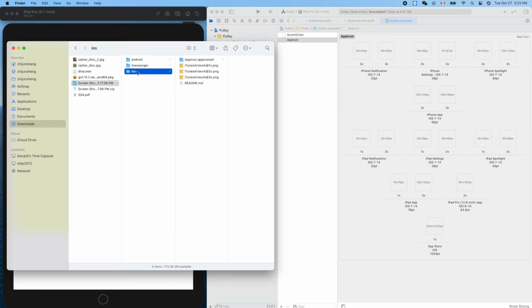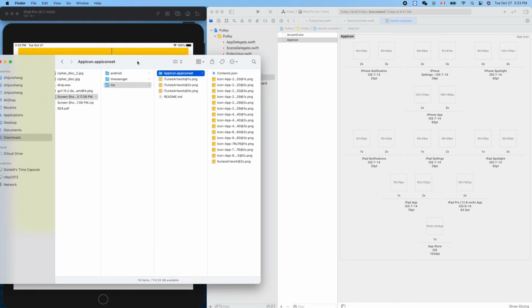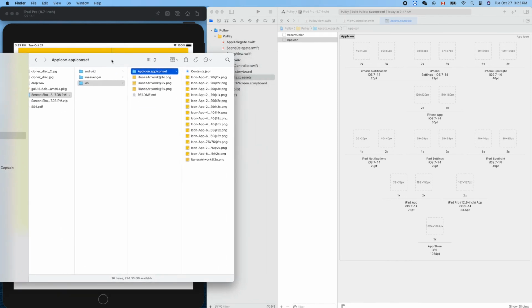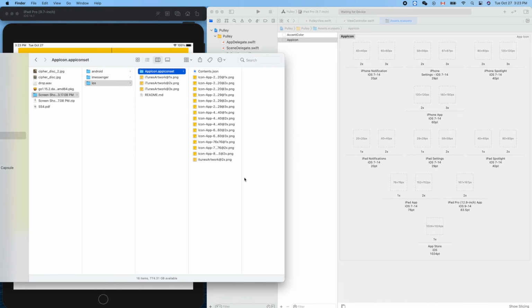Our stuff is inside iOS, so this Android is for the Android app. If you develop the Android app, for Android devices or simulator, you use those files. We will focus here. So all our files are inside this one, iOS app icon dot app icon set here. Yeah, that's it. Now let's drag one by one to fill the empty box inside our